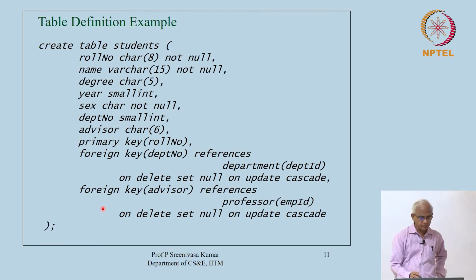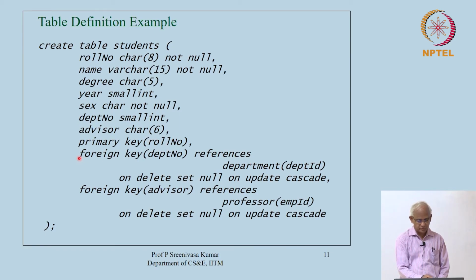Let us create this student table. Create table students. Now, we have various attributes here. Roll number is a fixed 8 character value which is not allowed to be null. Name is 15 characters. I am sure some of your names do not fit in 15 characters, but up to 15 characters, not null. Degree is 5 characters, year is small int, sex is 1 character, not null, and department number is small integer. Advisor is a 6 character field. Then the primary key is roll number,